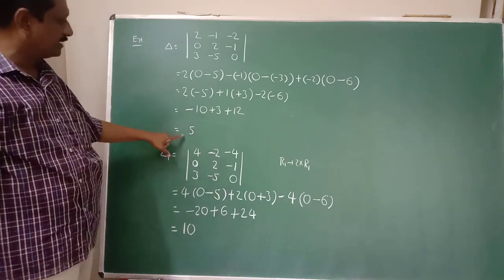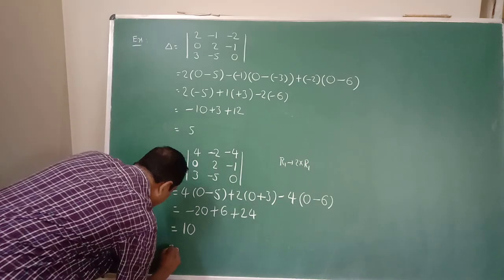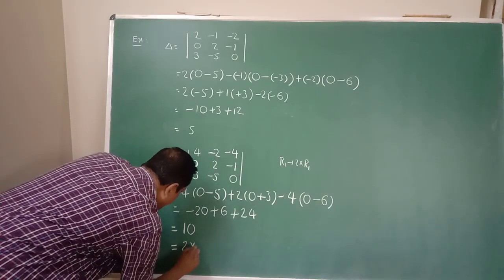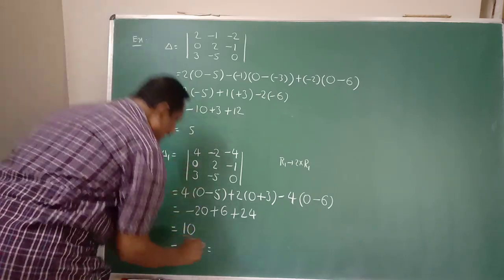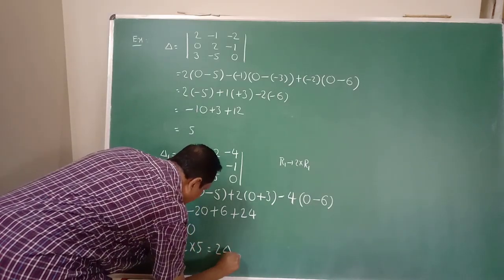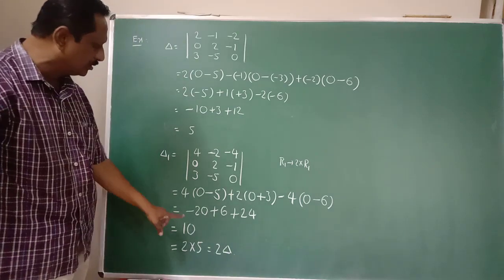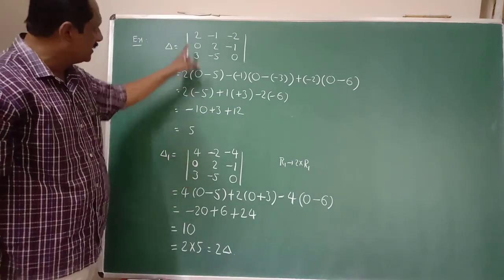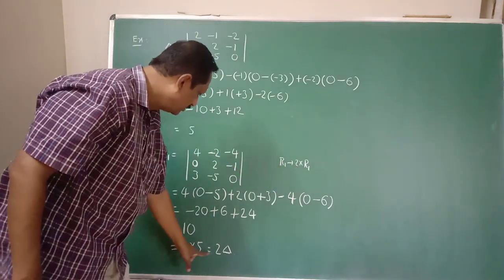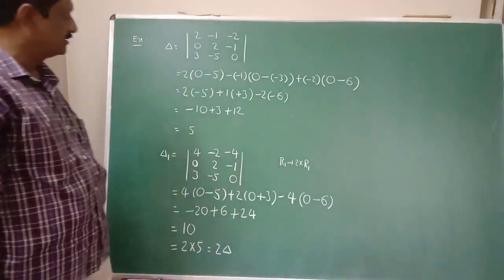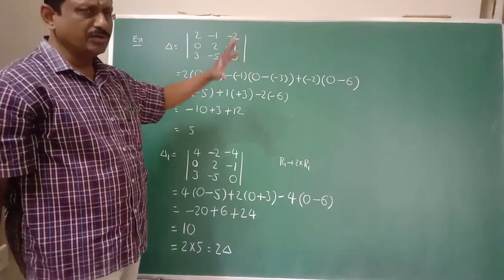Delta is equal to 5. So obviously you can write 2 into 5, where 5 is the value of this determinant delta. So delta 1 is equal to 2 into delta, because you are multiplying this row by 2. So similarly, you choose any row here or any